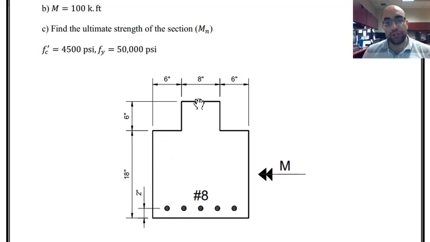You can see the dimensions are given, and then you can see the bending moment that is applied to the section is positive bending, which means it is putting top of the section in compression and bottom of the section in tension. In general, the definition of positive and negative bending returns to the convention that we had in statics and